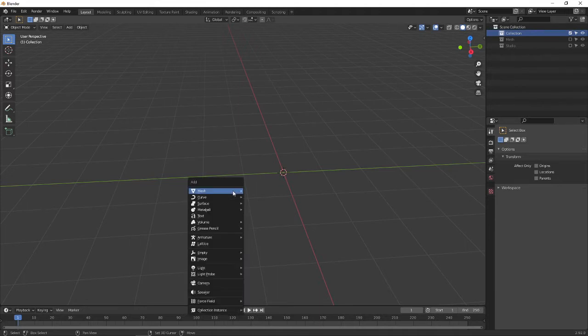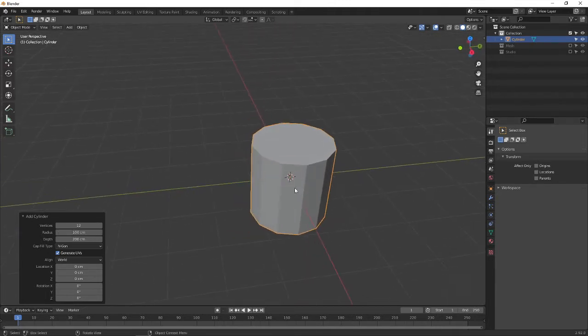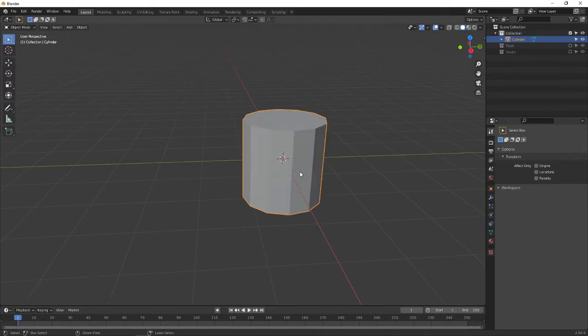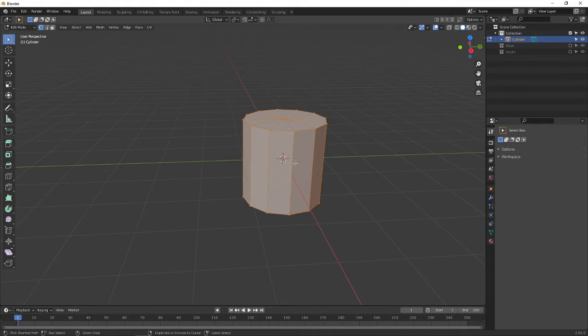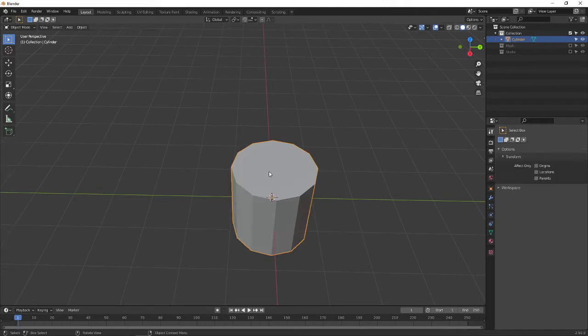Let's start. Press Shift A and create a cylinder and make the vertices 12, and you can view it. Okay, fine. The radius is okay, we can reduce it afterwards. Here you can select the triangle fan. Press Ctrl 3. Okay, fine. Go to edit mode with the Tab key. This gives the triangle fan which is required for us.